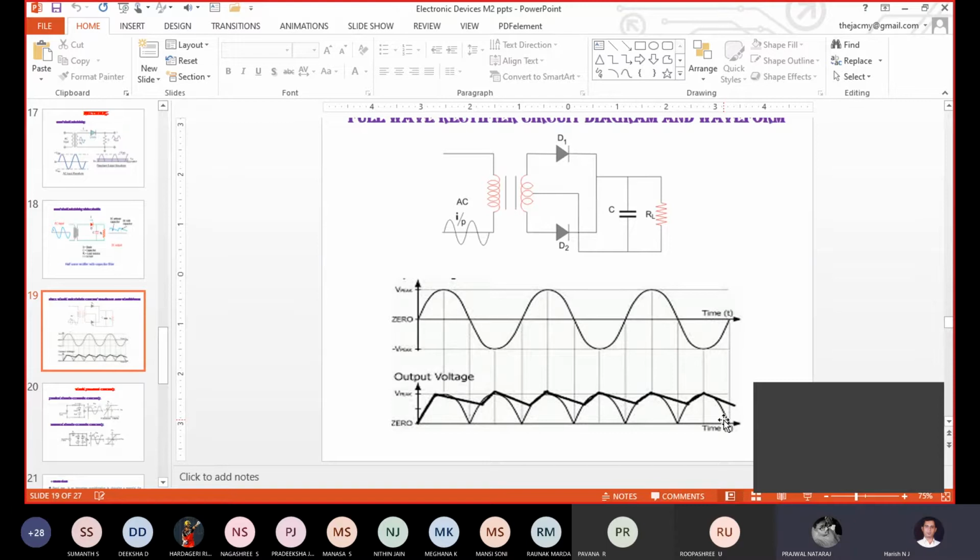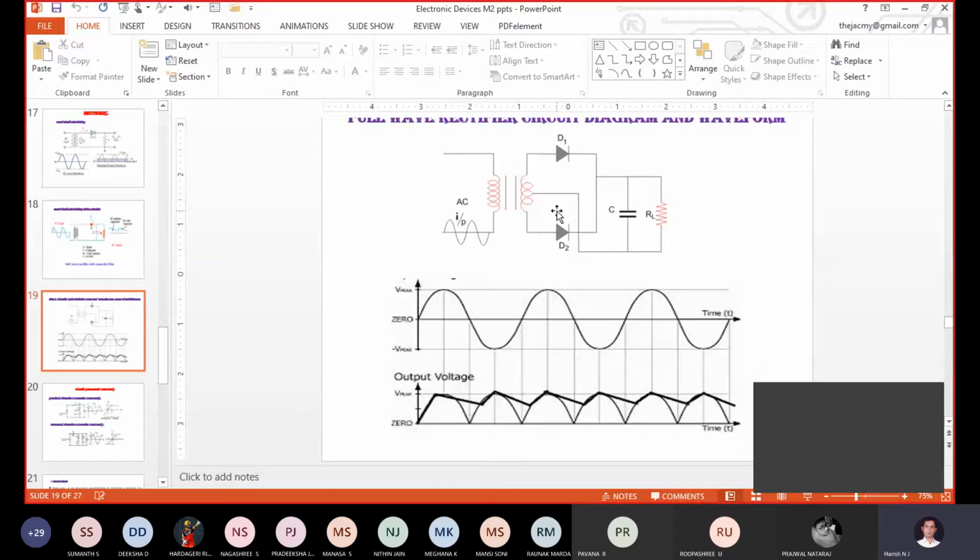Yeah, this is all about the positive half cycle. When you are applying the negative half of the cycle as an input to the diodes, which diode will conduct and which diode will become reverse biased? So D2 will be conducting and the current will flow through RL in the same direction. Yes, correct. When D1 is conducting, D2 will be off.